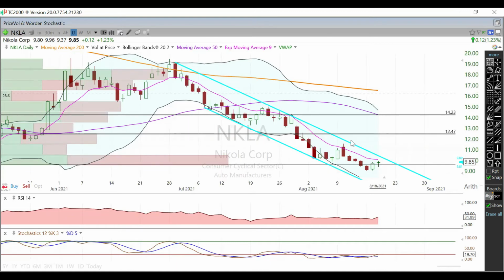So IV in here is ridiculously low. IV rank right at 1. This Friday, it looks like everybody's pricing in right around a 30-cent expected move. Next Friday, everybody's pricing in right around a 70-cent expected move. And your September monthly expected move is right around $1.36. So raw IV and everything, basically close to 100, but IV rank, so IV relative to itself, ridiculously low at IV rank of 1. So not a whole lot of juice in here to do anything with,